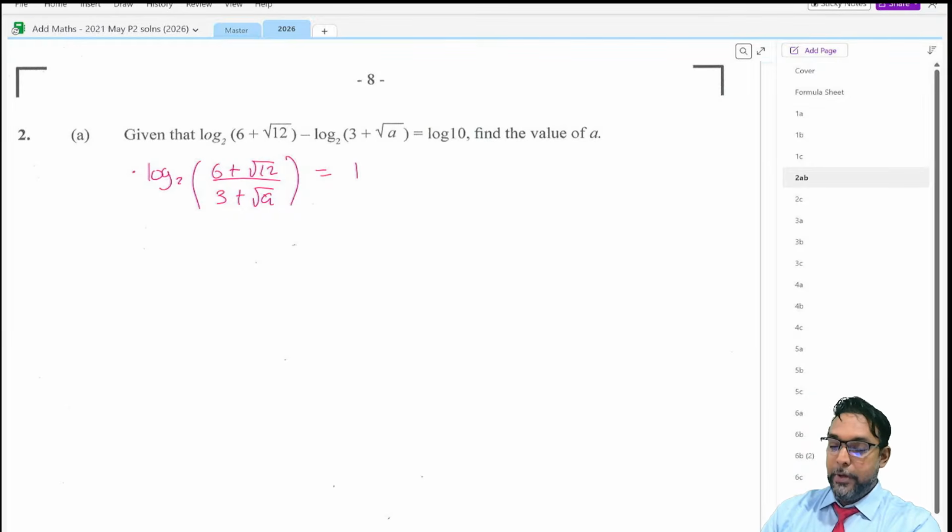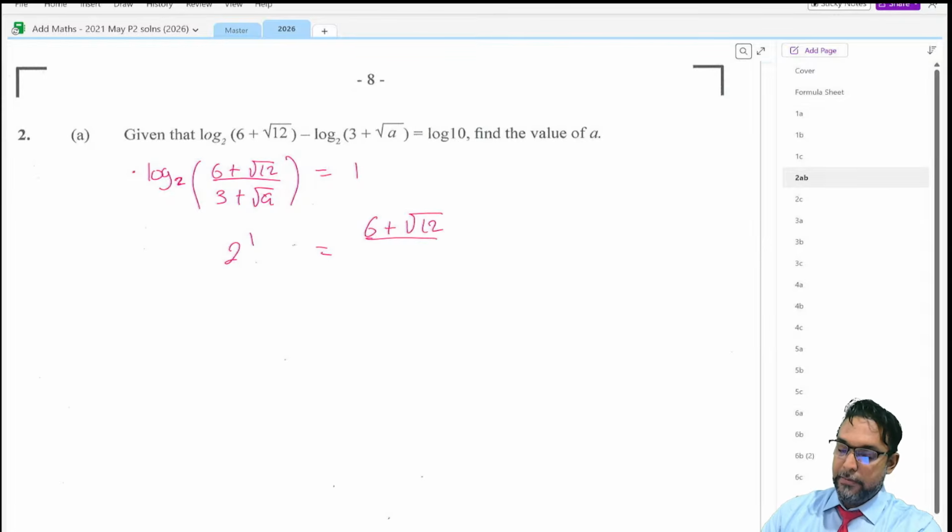When you use the laws of logs to create your quotient, from here you could simply convert to index form. Remember, the log is the power to which the base is raised. So 2 to the power 1 is equal to 6 plus root 12 all over 3 plus root a. We then multiply the denominator on this side, 3 plus root a. And when you expand here,